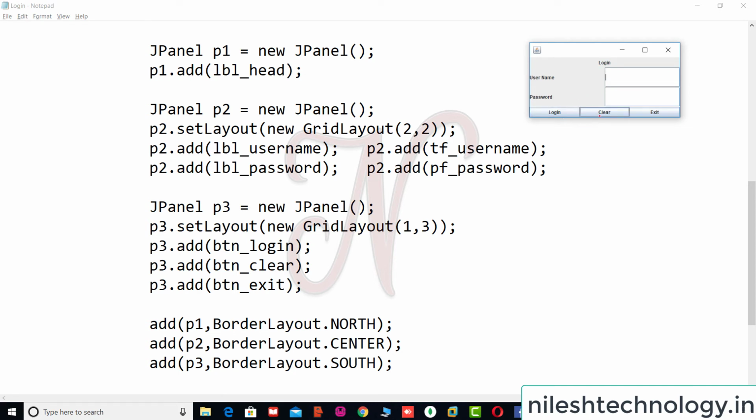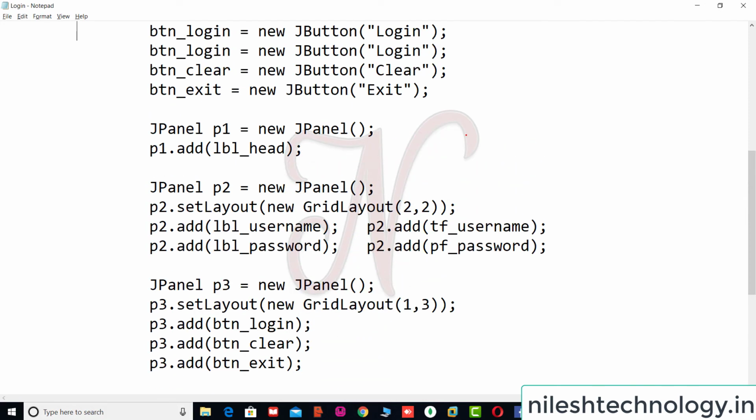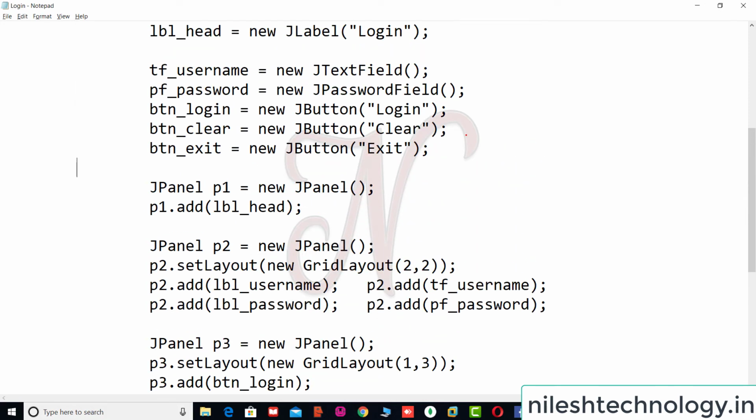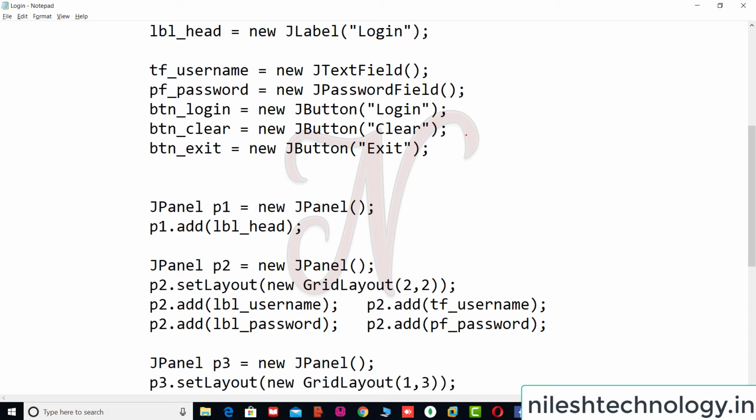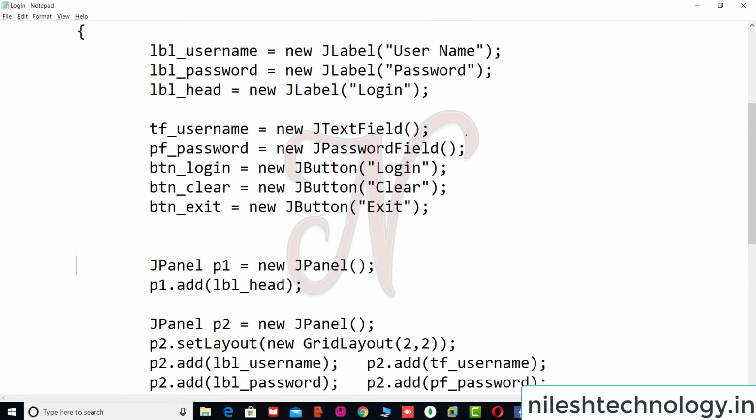Okay, now we have to set the font of this label. So set the font here. Okay, see here. We have to create one object of a Font. So Font f is equal to new Font. Okay, so my font name is Arial, Font.BOLD, and my font size is 20.